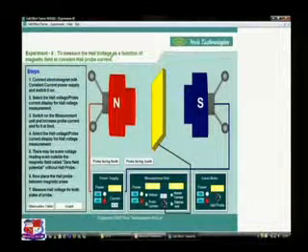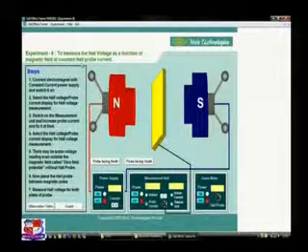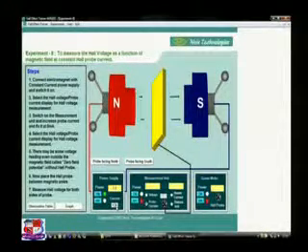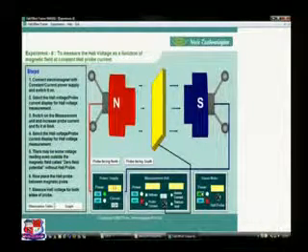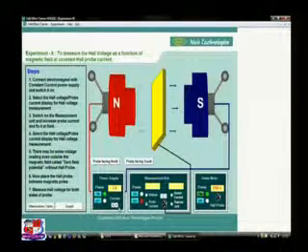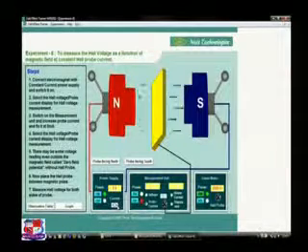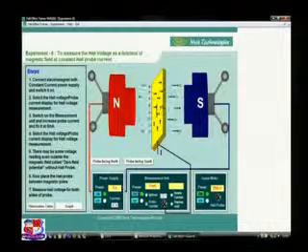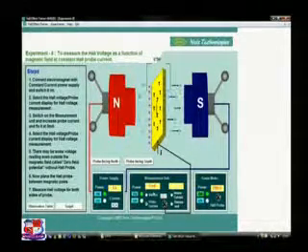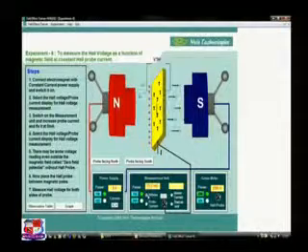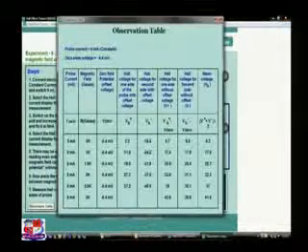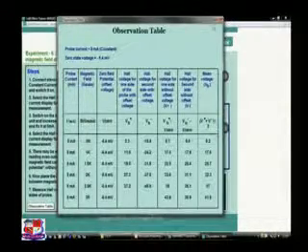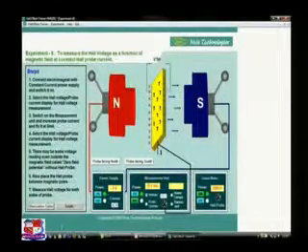Now we can also study in another way: we can measure the Hall voltage as a function of the magnetic field at a constant probe current. So we can change the magnetic field here by changing the current. We can see the readings in the Gauss meter: 3 ampere, 2000 Gauss; 4 ampere, 2500 Gauss. We keep the probe current constant at, say, 5 milliampere, and measure the voltage accordingly. So we have an observation table in which the magnetic field is varying but the probe current is constant, and we are measuring the corresponding Hall voltage.